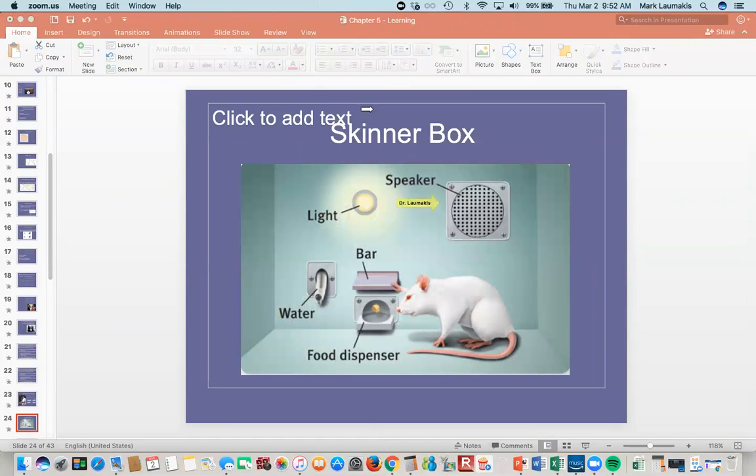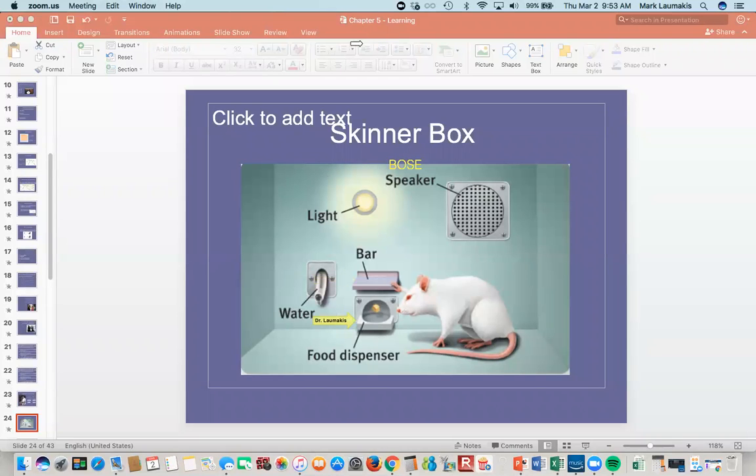There's a speaker, and we can pretend that we have a really large budget for our study, and this is a nice Bose speaker, right? Awesome. We got a Bose speaker here in the Skinner box. We've got a light. We've got a water dispenser. We've got a bar or a lever here that the rat can press on, and we've got a food dispenser